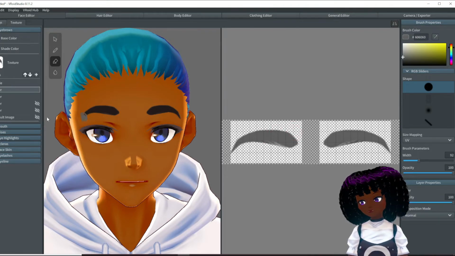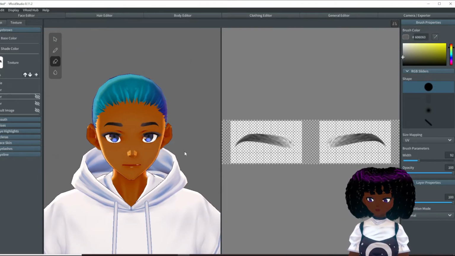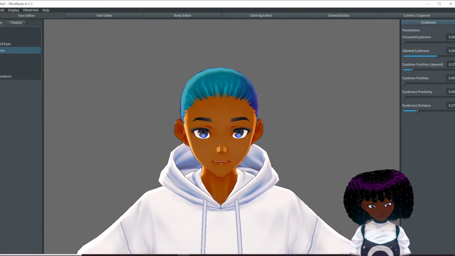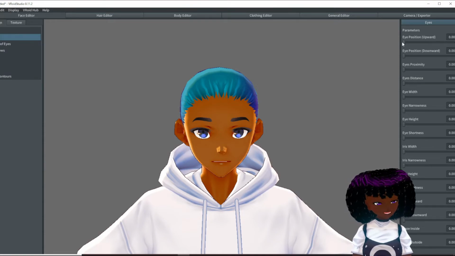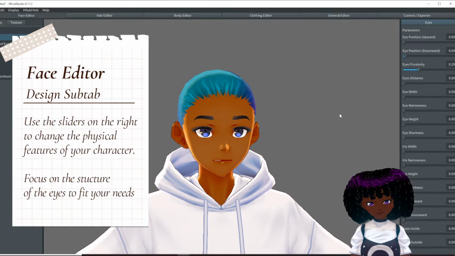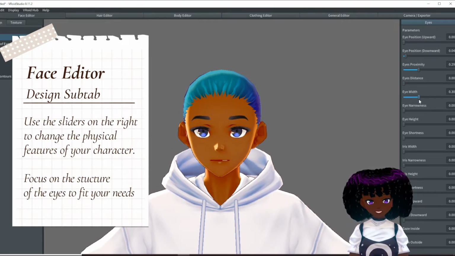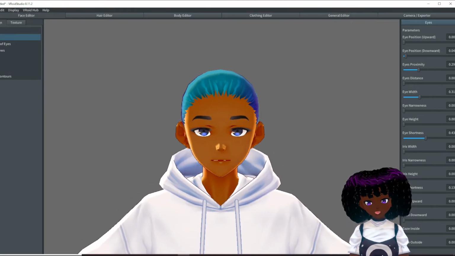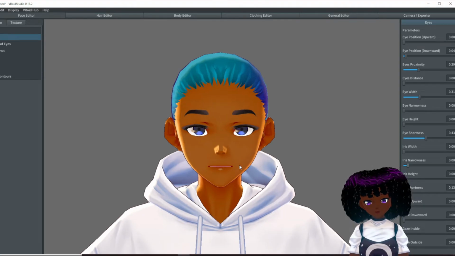I'm just gonna erase this. Actually, I'm just gonna delete this layer. Now we have brows. We're gonna change around the eye structure. Okay, so my person would like his character to have quite small eyes, so let's do that. Cool. Okay, so